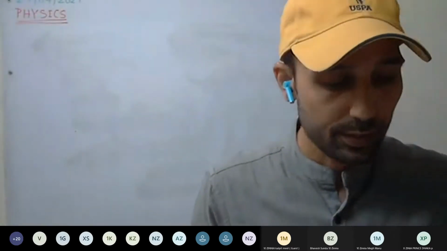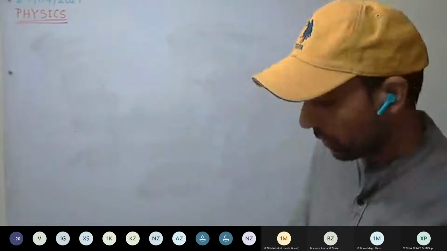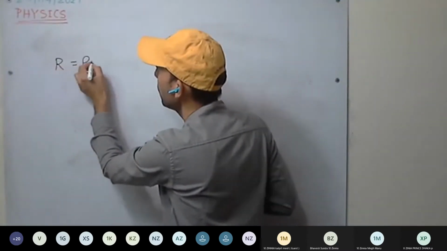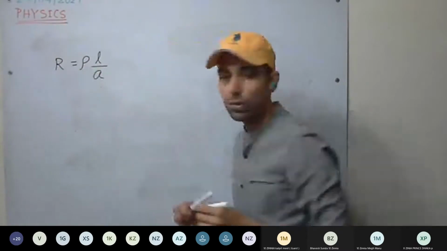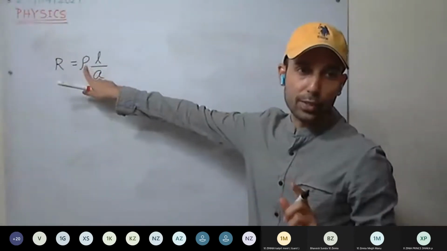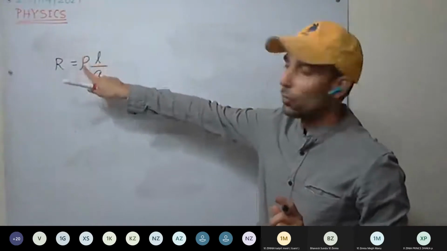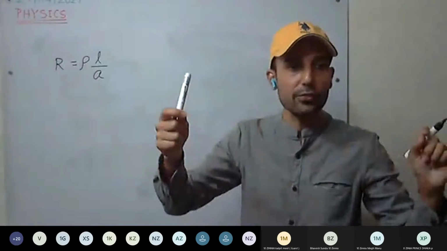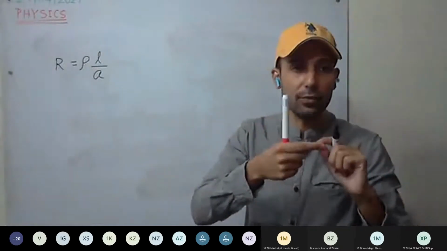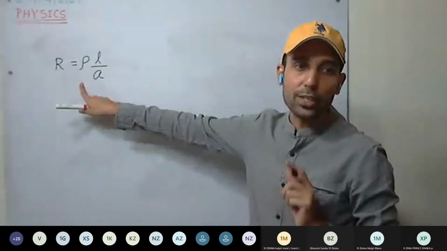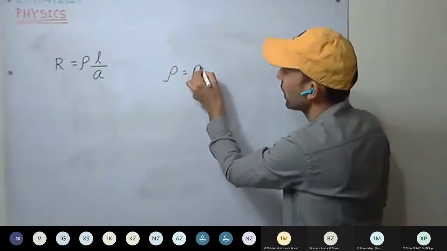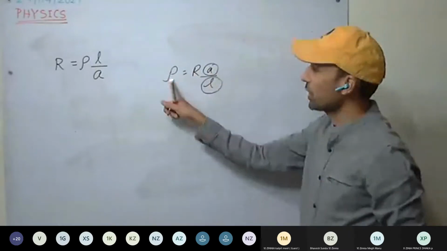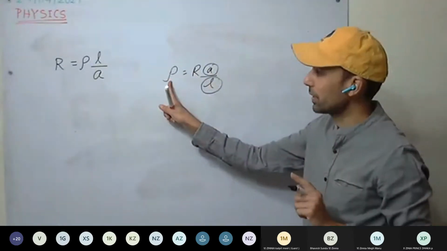Okay. So we have discussed resistivity. R equal to rho L by A. This we all know. Resistivity is constant for a particular material. It is constant for copper. It doesn't change whether we change the length of the copper wire or the area of cross section. Resistivity does not change, because what is resistivity? Resistivity equal to R A upon L, that is, of unit cross section and unit length. Therefore, resistivity is constant for a particular material.